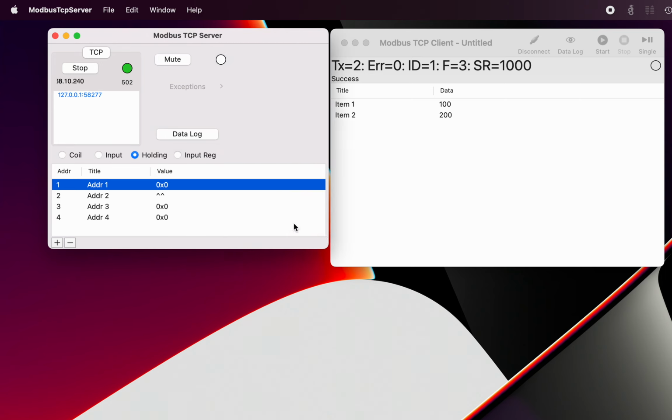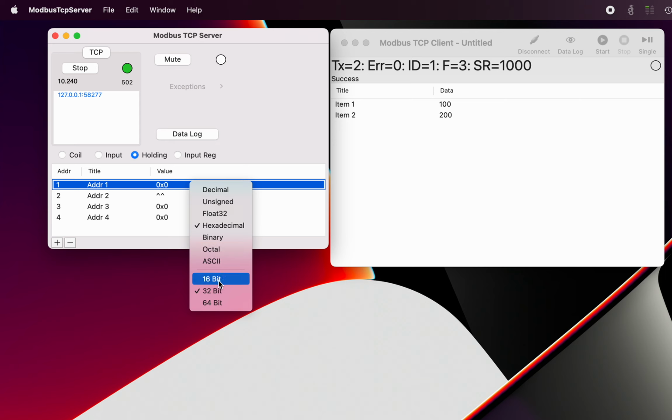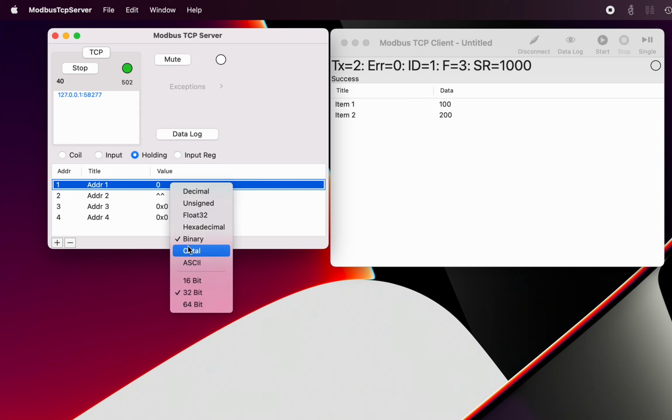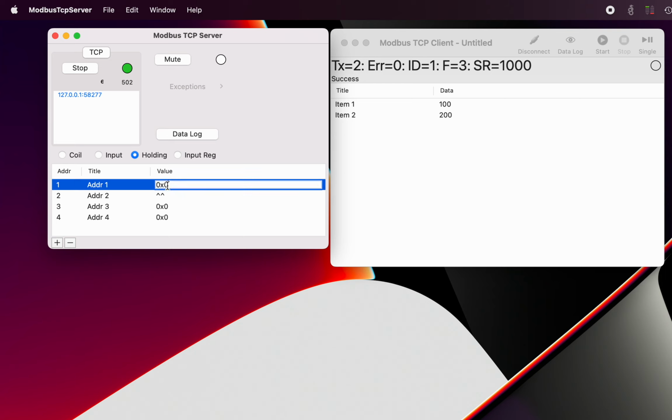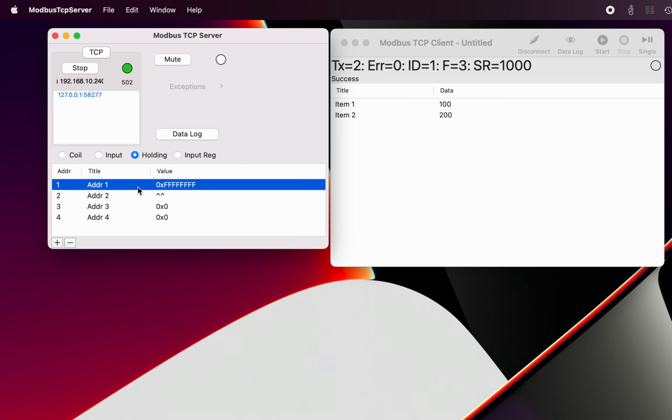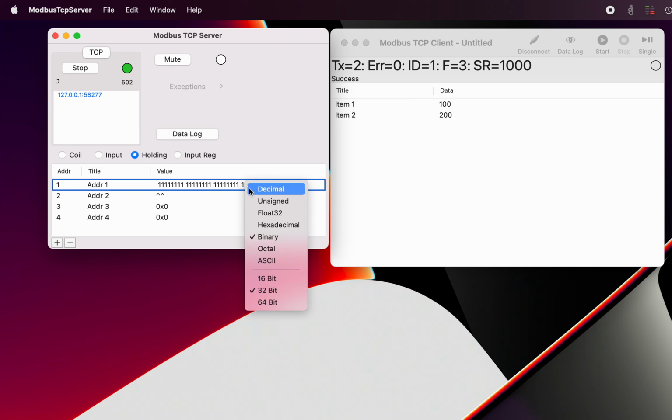32 bits. If we expand that a little bit, we can see we've only got 0 in there, so it's not going to do much for us. But let's put a big hexadecimal value in there. That would normally be the limit of a single register, and that's the limit of a 32-bit register. If we change our format to binary, we can see there's a B on the end. We can see there's 32 bits now located in that. I can switch that back to